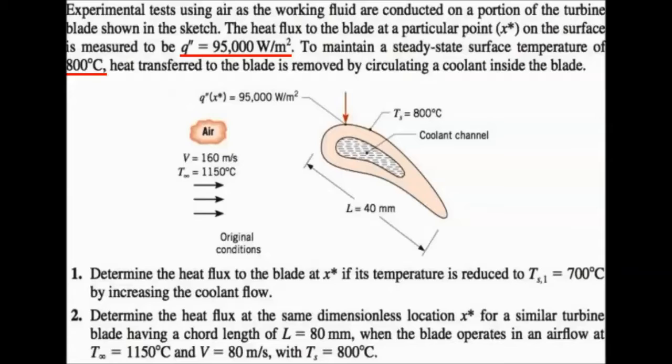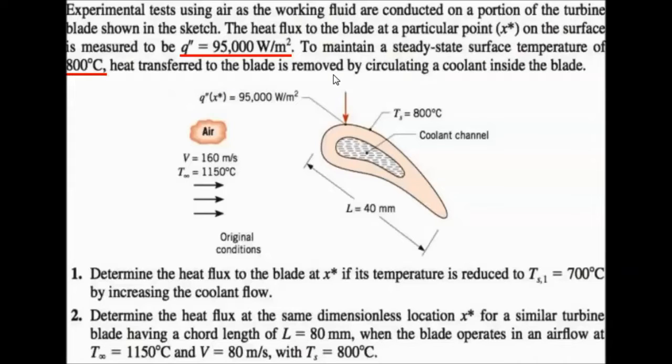So let's take a look at an example problem. This problem tells us that experimental tests using air as a working fluid are conducted on a portion of a turbine blade as shown in the sketch. So here's our sketch down here with the turbine blade. It tells us the heat flux to the blade at a particular point, x star, on the surface is measured to be 95,000 watts per meter squared. So to maintain a steady state surface temperature given to us as 800 degrees Celsius,